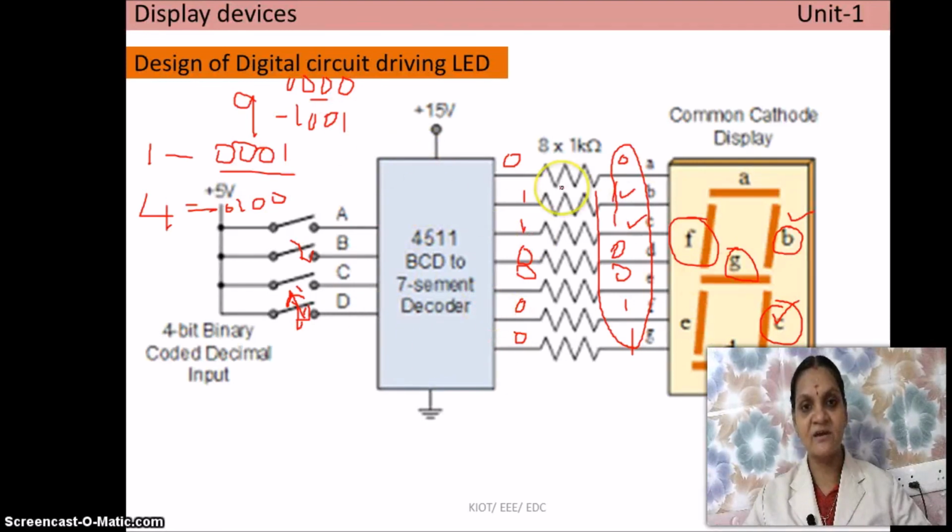So this is the way we have to use a 7-segment LED display. According to the digits or alphabets we want to display, we have to properly turn on and turn off these input switches. This can be controlled either manually, or with the help of some control devices, for example a microprocessor or microcontroller. We can write a code in the microprocessor or controller. According to the code, it will turn the switches on and off out of the 4 switches here. Accordingly, based on the switches turned on, it will display the required alphabets or numerals here.